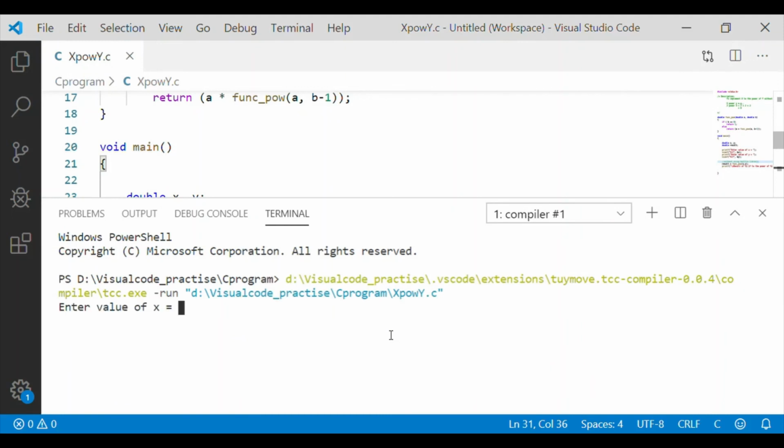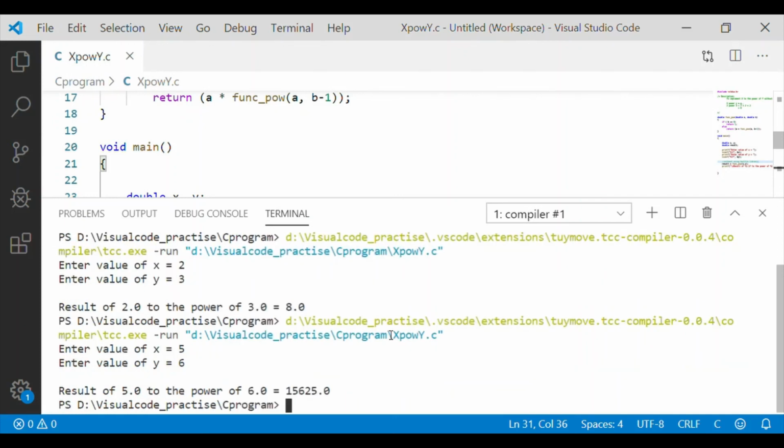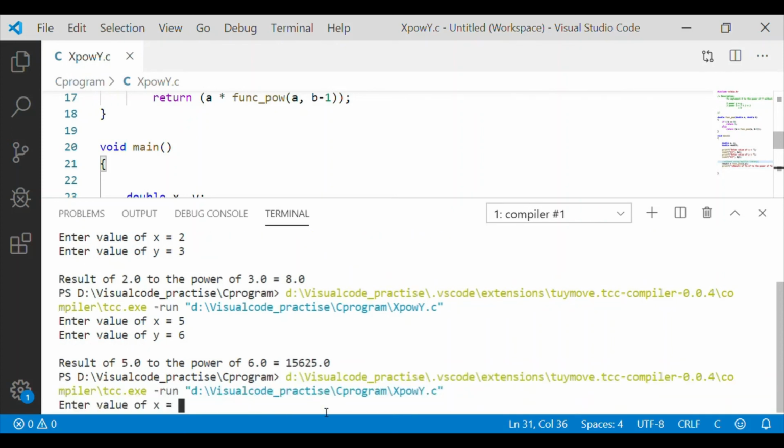So now we will compile it. This is without using the built-in library, and the result of 2 to the power of 3 is 8. We will do one more execution with the value of 5 to the power of 6, and the resultant is 15,625. We will do one more little bigger number.